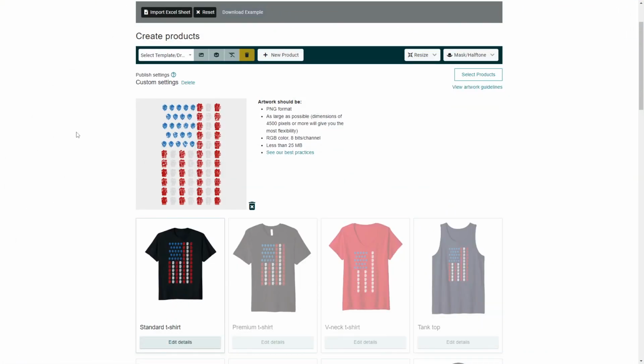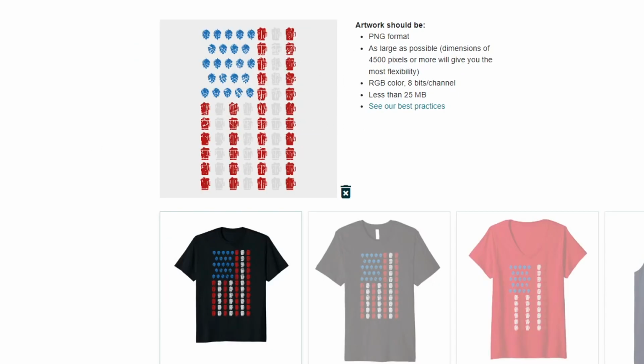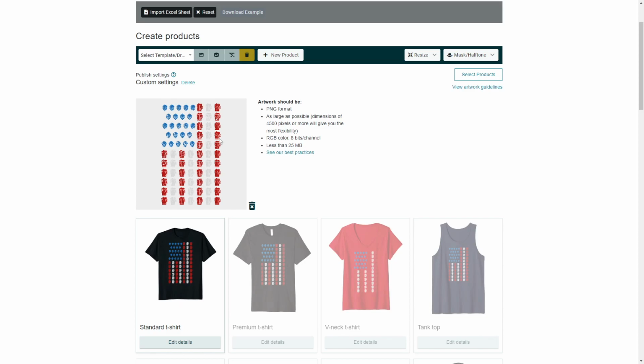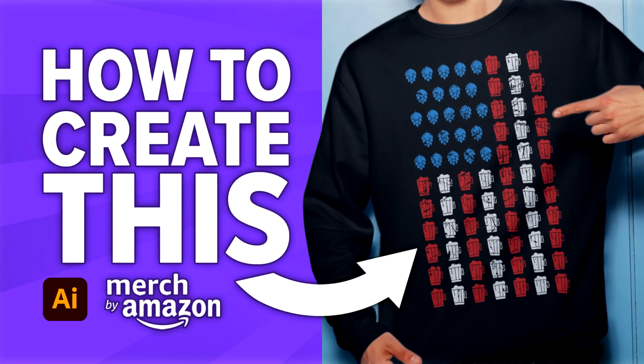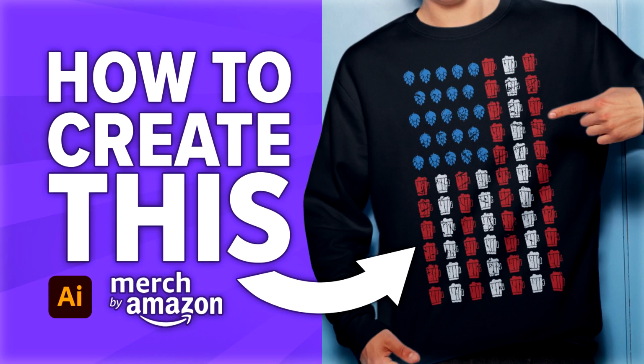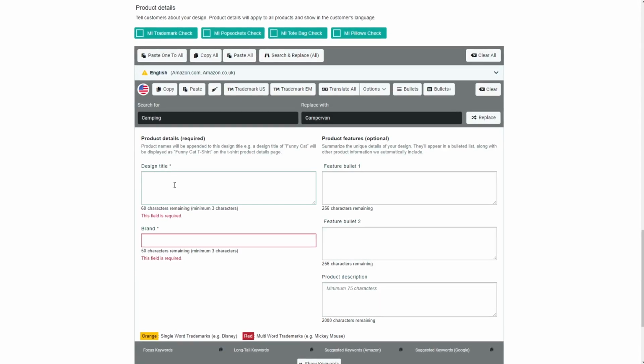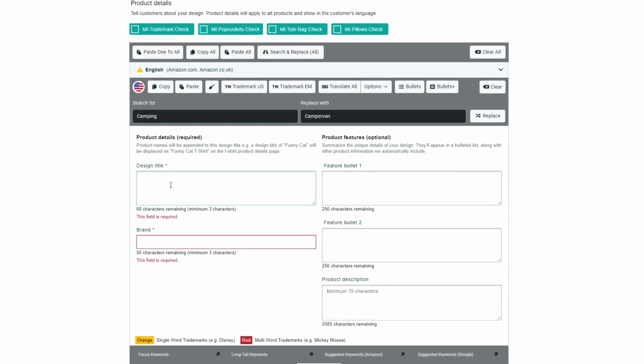I'm now going to show you how I would go about writing a listing for this t-shirt design right here. And if you're wondering how to create this design, I made an Adobe Illustrator tutorial which walks you through my step-by-step process. So I'm first going to fill in the title for this design,